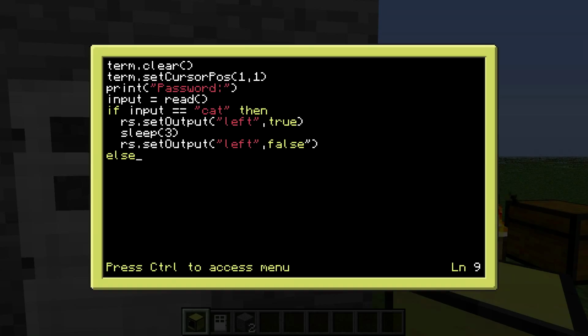Then we're going to do else. This is an else clause. This is basically saying, if it isn't any of this, then do this. So we're going to do else. Remember the indents, press tab to do that. We're going to print access